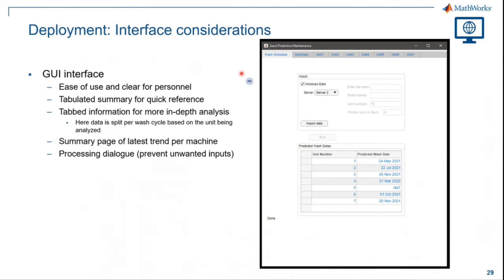So then other interface considerations. On our GUI interface, essentially for people like planners and maintenance managers and things like that, they're not necessarily looking to dive into the details. They want to know the information off the bat, nice and quickly, in a summarized and concise form. So here we can see that landing page of the app. You essentially select our historian data, you import it, you run the model, and then it'll provide you with a